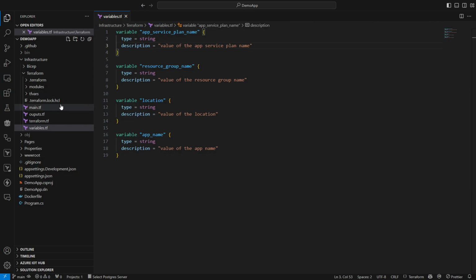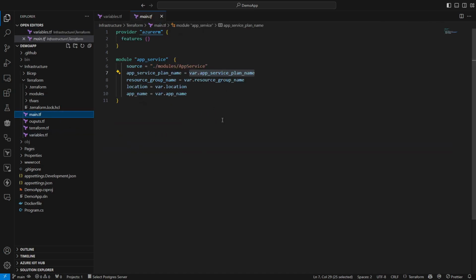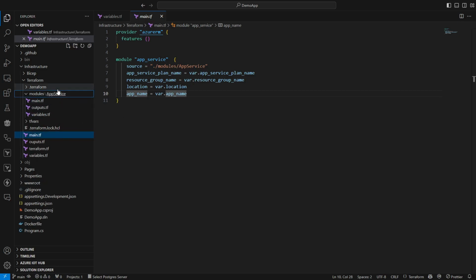Once we get those variables in here, we send them to this module. A module is a way of encapsulating an object or a service within Terraform. In this case, opening the modules, I have one called app service, and it also has a main.tf, a variables.tf, and an output.tf.